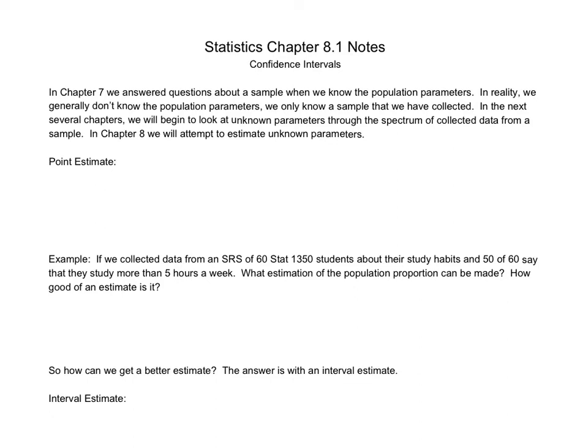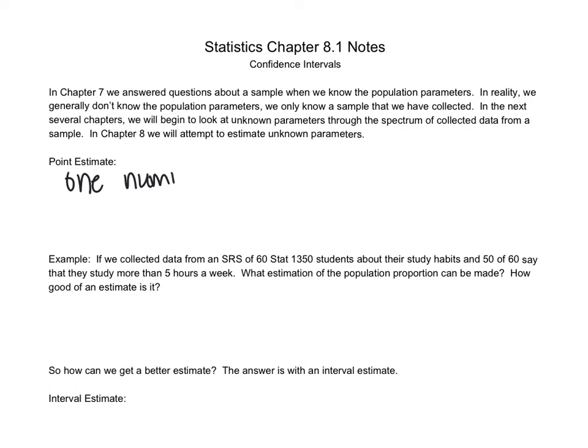So in the next few chapters, we're going to be looking at unknown parameters collected from a sample. And in chapter 8, we're going to attempt to estimate unknown parameters using something called a confidence interval. So the first thing we want to define is something called a point estimate, which is using one